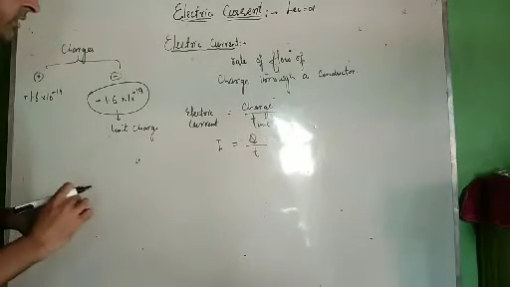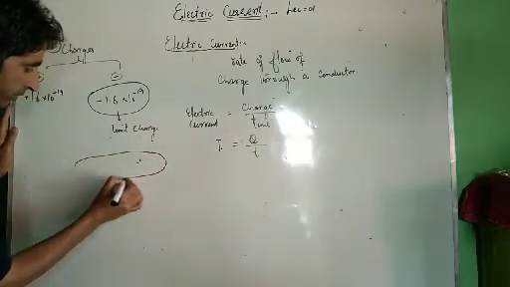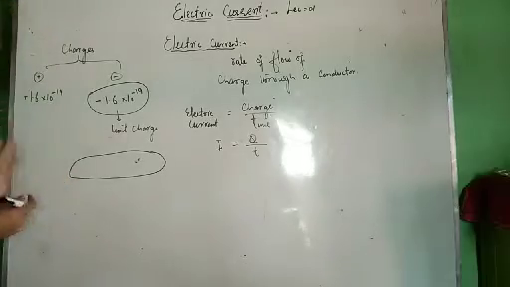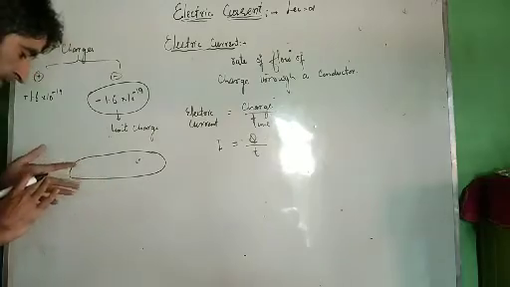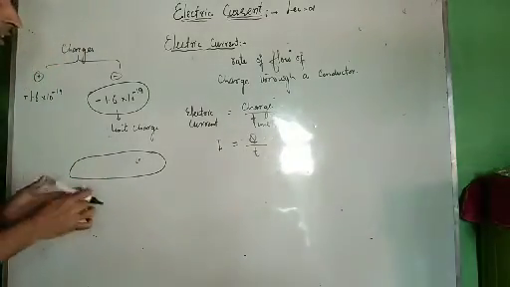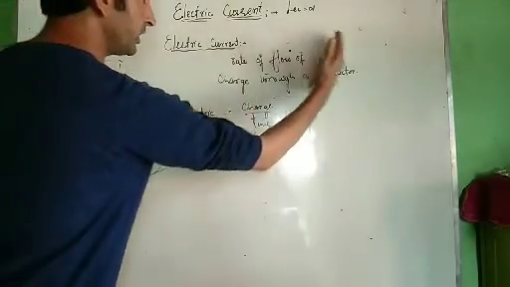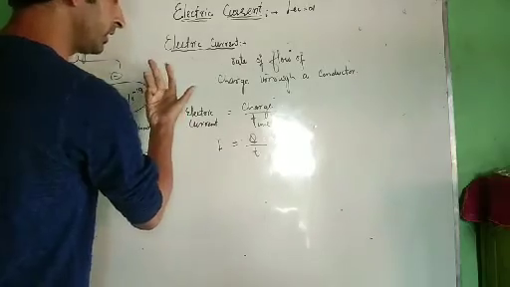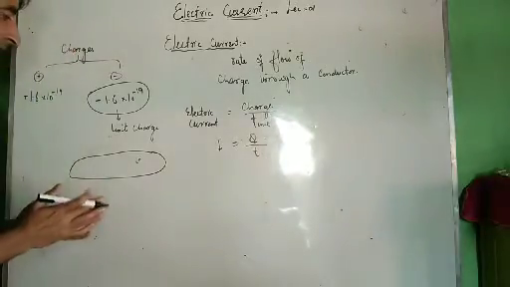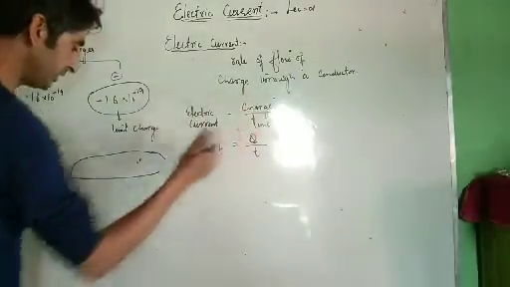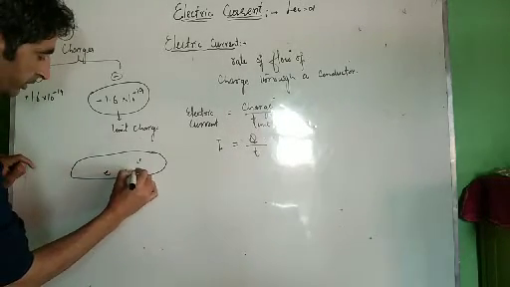Now let us take a conductor. What is a conductor? A conductor is a substance, a material through which electrons can flow, or through which ions can flow. How electrons and ions flow through a conductor will be dealt with in a separate class: what are conductors, semiconductors and insulators, in which substances electrons and ions flow and in which they do not flow. Let us here take this as a conductor, meaning through this substance electrons flow. These are the electrons which are flowing through the conductor.